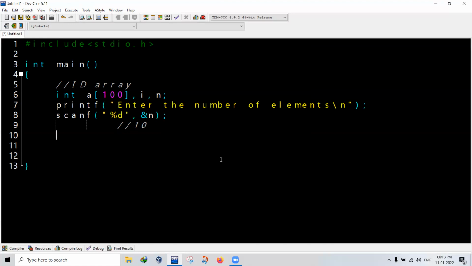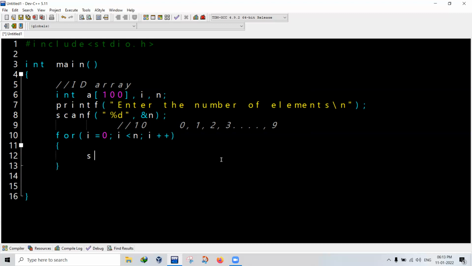Now to input into an array, if you can see my notes, the simple loop is for i is equal to 0, because the array index starts from 0, then 1, 2, 3, and so on up to 9, not 10, 9. So 0, 1, 2, 3, 4, and so on up to 9 makes it 10 elements. So i is equal to 0 and i less than n, because the moment it hits 10, we don't have any space and will come out of the array, and i plus plus.